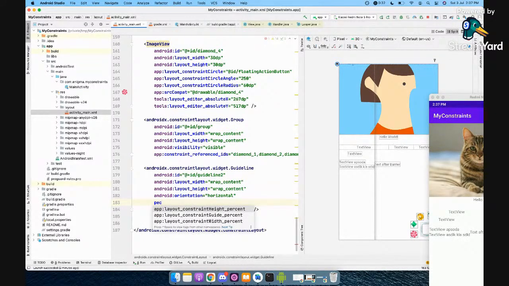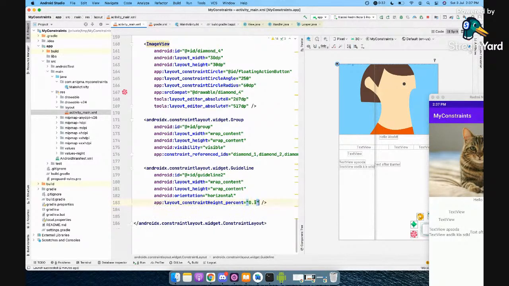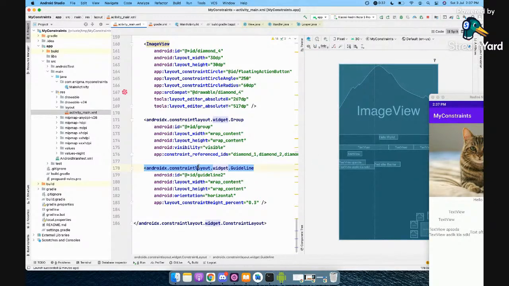Percent. Yeah, height percent, you'll just say 0.3, let's say, right? But generally, you would want it somewhere in between. I'll just change it to blueprint. Where is my guideline?